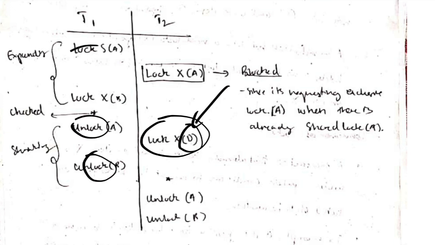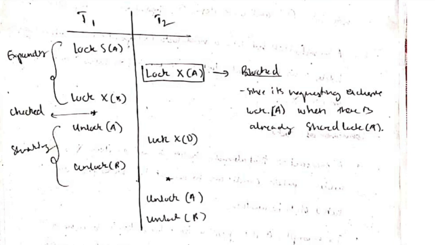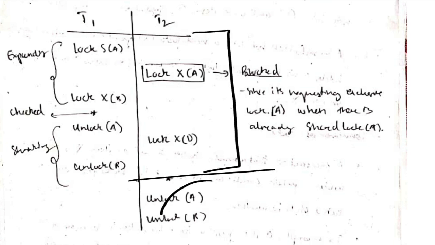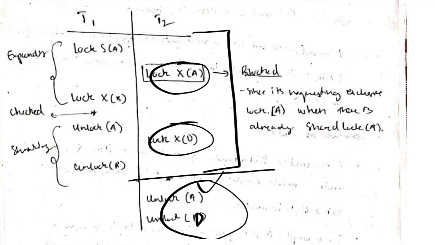Okay, and so here in between the unlocking of A and B, T2 requested the lock for D. Since D was not used by T1, the lock for D can be given to T2. Okay. And after this point, the locking phase of T2 is over, and then it will start unlocking the resources it had held. Okay, it unlocks D here. Okay, because it locked D and A, right? So unlock A and unlock D.